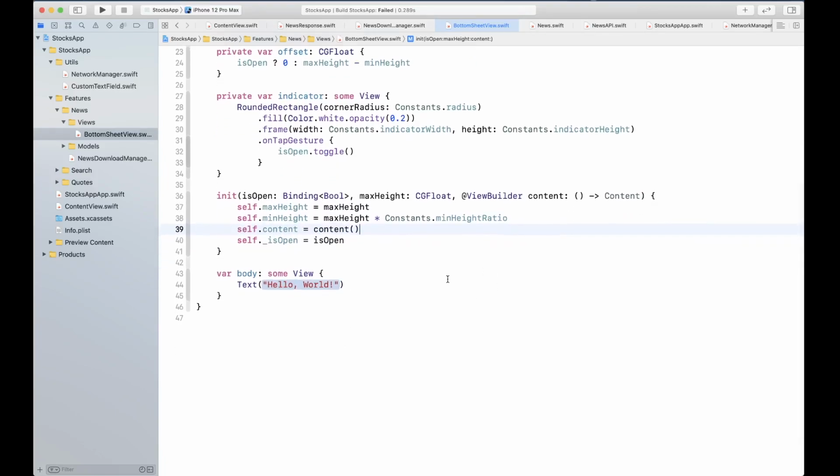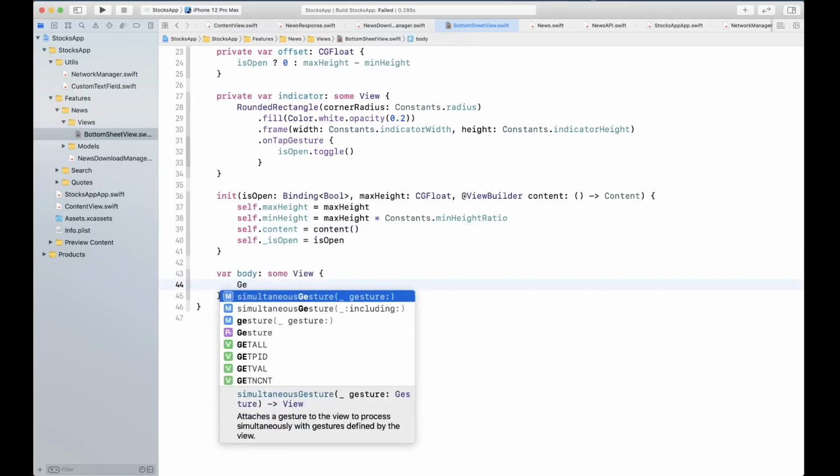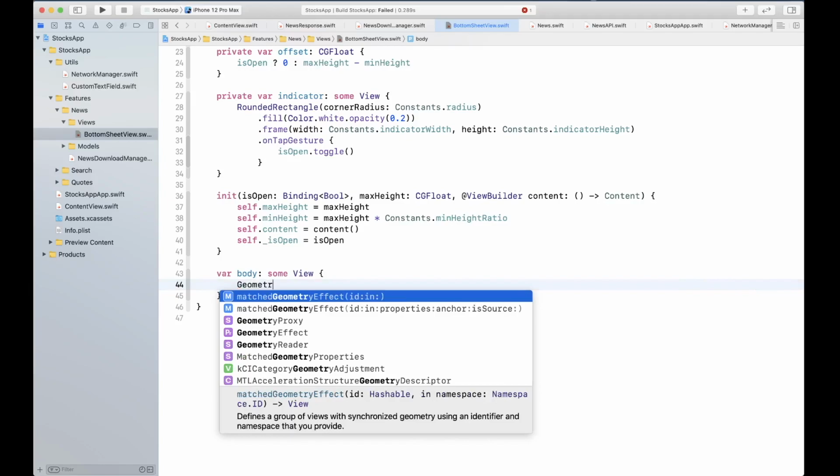Now we're going to start defining our view. Our view is going to be wrapped inside a geometry reader, so we can read the width and height of the space that is available.